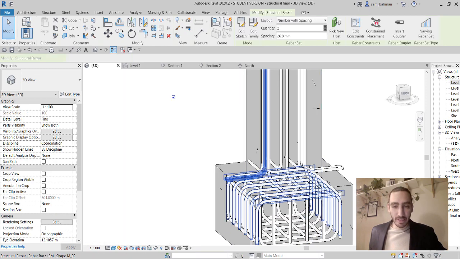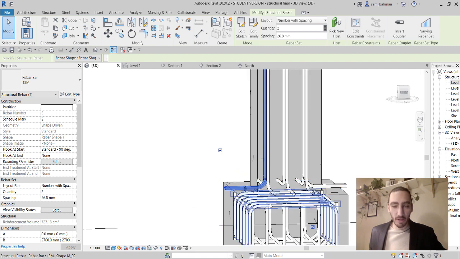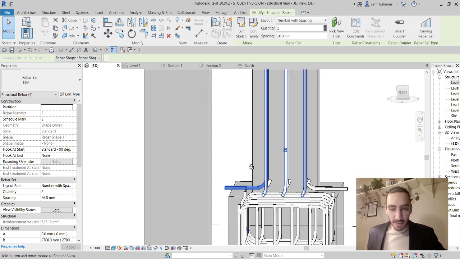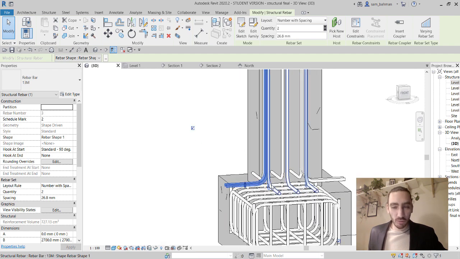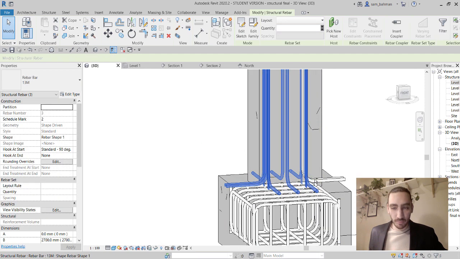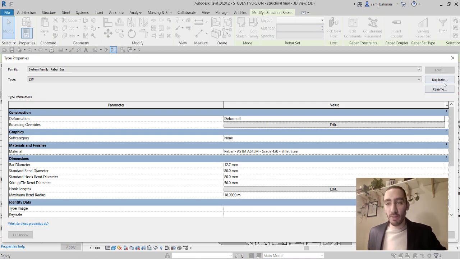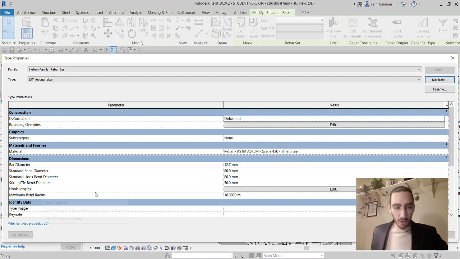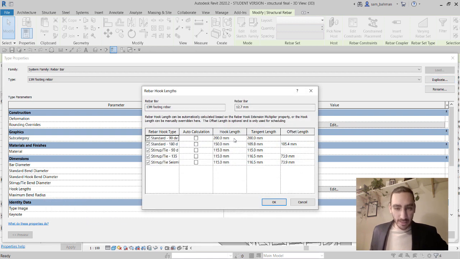But the point is, the size is not working well, plus they should go into the foundation. So in order to solve this issue, basically, we need to choose those rebars. And what we need to do is get into the edit type, duplicate this one. For example, we can name it 13M for footing rebar. Then click on OK. So then you can go to the hook length, and since the